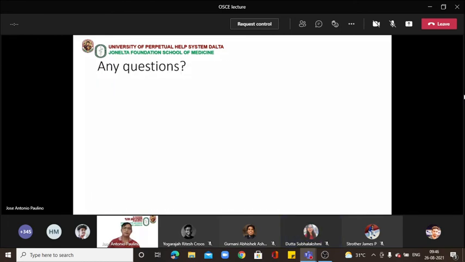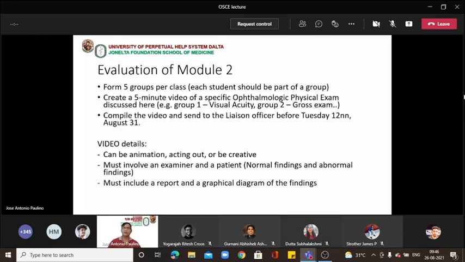So if there are no questions, the evaluation of Module 2: you have to form 5 groups per class. As mentioned a while ago, we have 2 big groups per class, and we have to have 5 groups per class, so an overall number of 10 groups. We have to create a 5-minute video, or it's okay if it's 10 minutes, a 5 to 10 minute video of